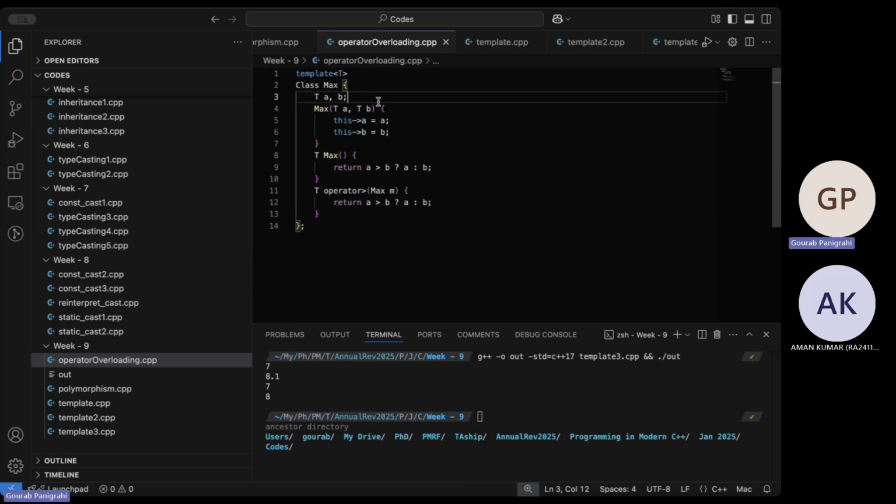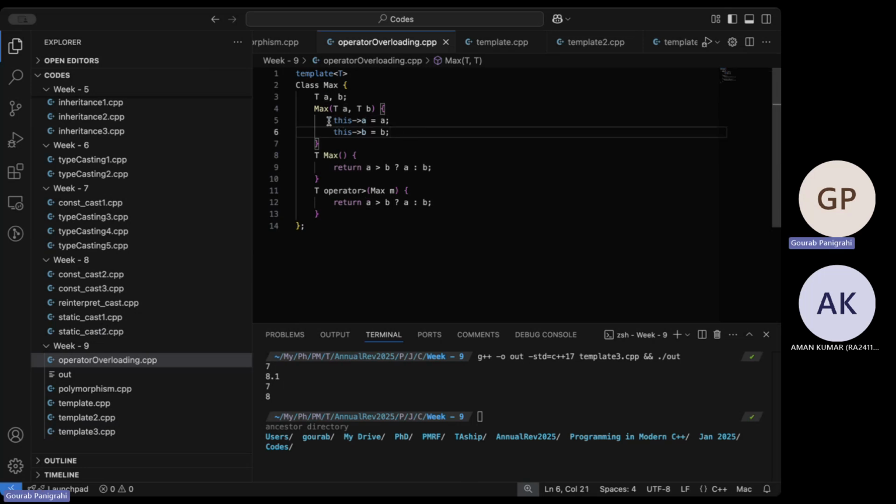It has two member variables A and B. This will be private. Their data type is determined by T. This is the constructor. So max takes T of A and B. It sets its own A and B to the inputs A and B. So the right hand side are the inputs.